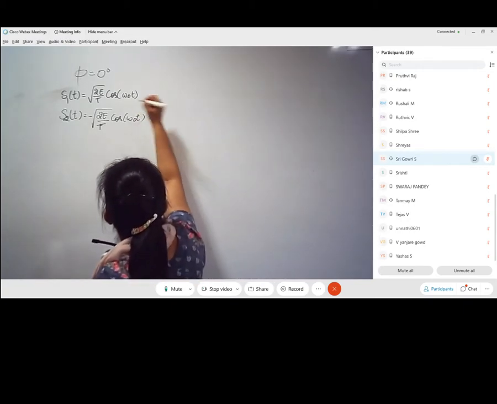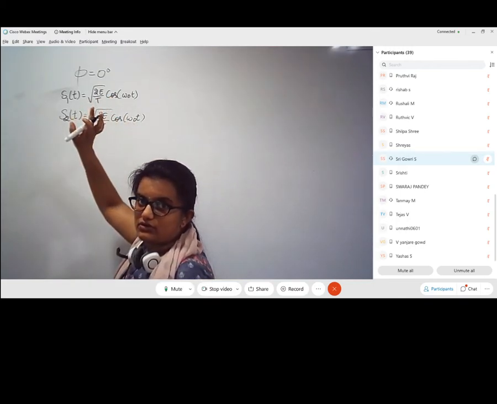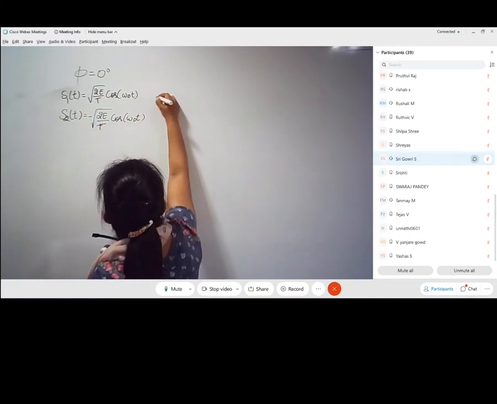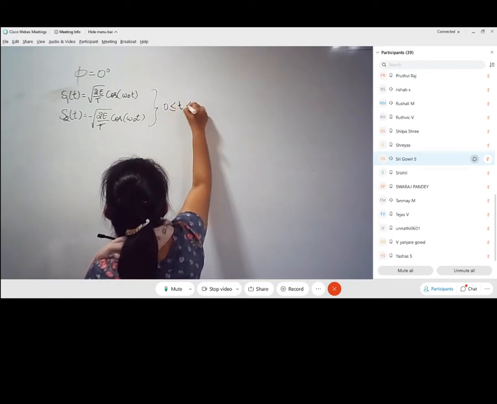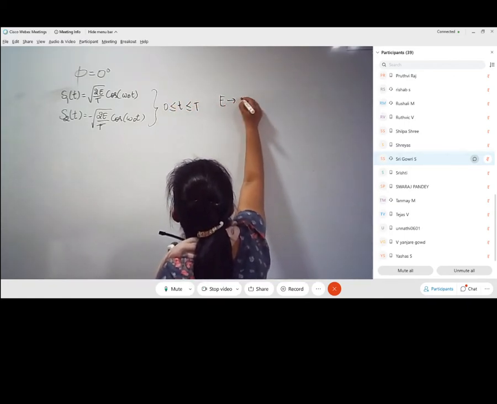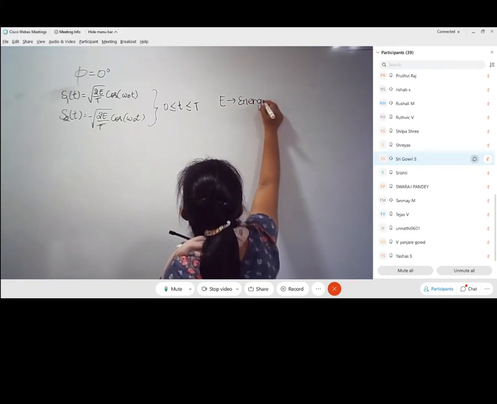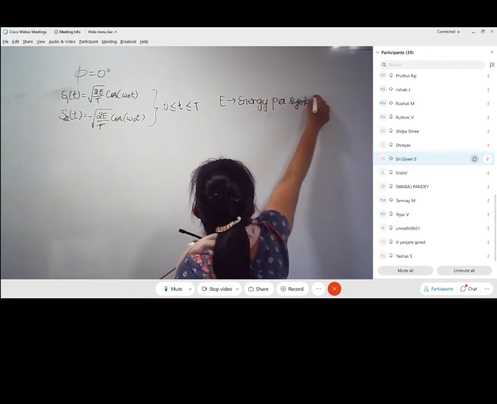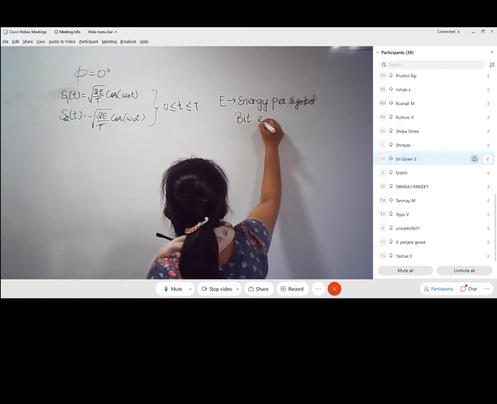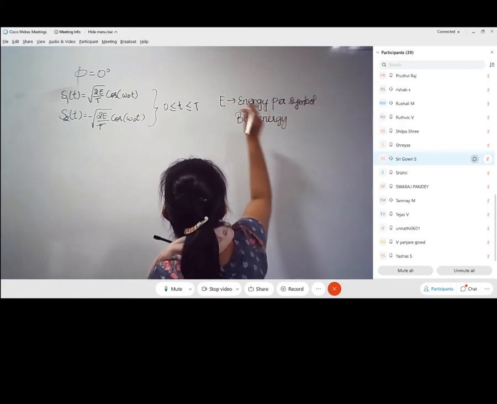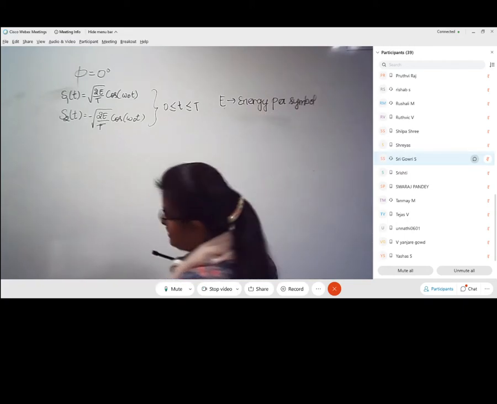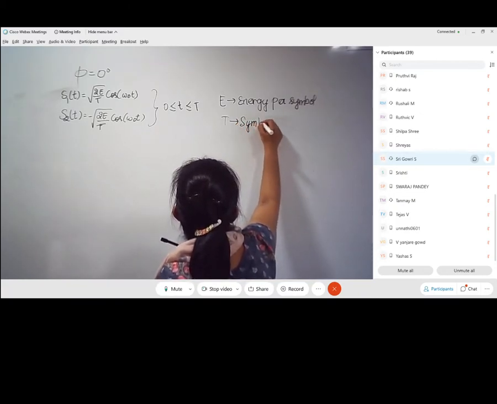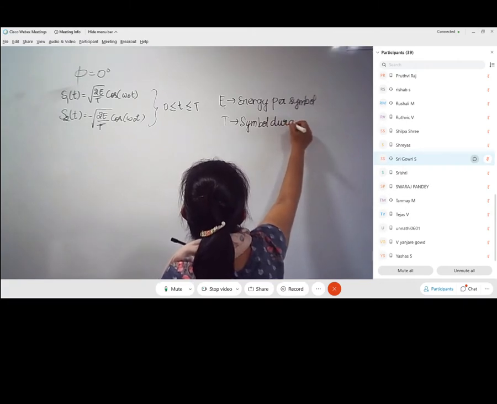Of course, let me write the important definitions for the terms involved in these equations. These two things are sent over one symbol period, and E is called the energy per symbol, or in other words, it is also called the bit energy. If I write it as Eb, then it is called bit energy, but you just remember E is energy per symbol and T is the symbol duration.